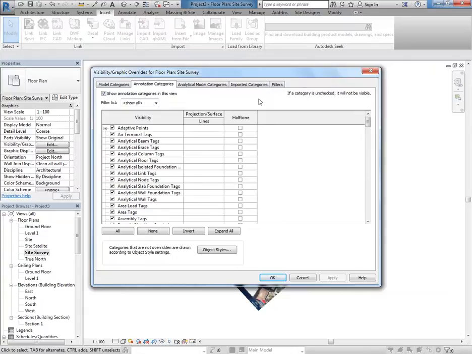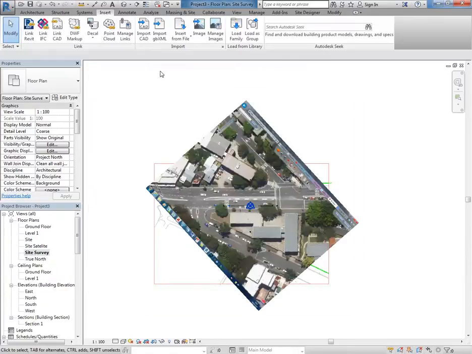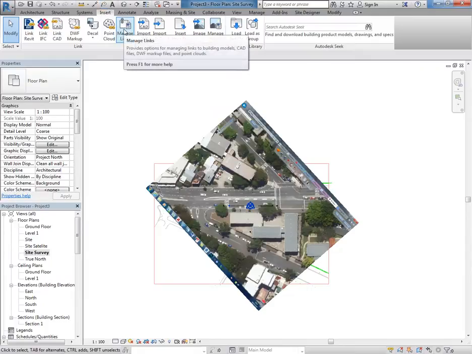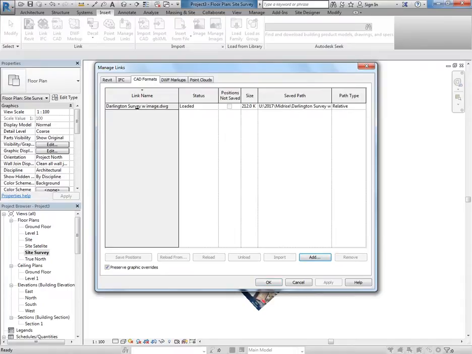And then this is something you can't really do with the tools you have on screen, imported categories. And there you will see the imported AutoCAD file, and there are the layers. Now what's missing? Exactly, the layer I've just made isn't there. So all I need to do now is go back to that Manage Links tool on the Insert tab, find the file, CAD formats, there's my file, click Reload,